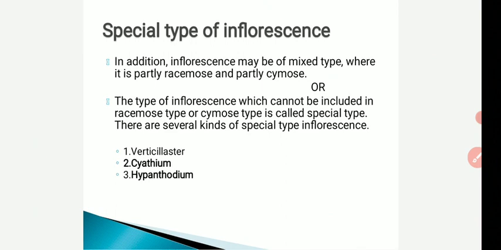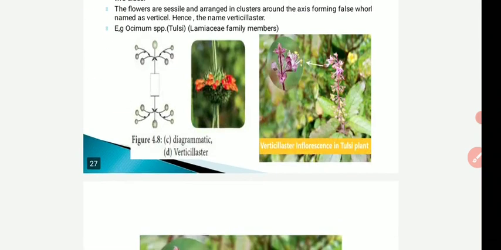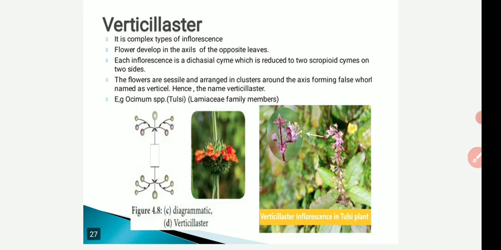First, we will discuss verticillaster. Now, verticillaster is a complex type of inflorescence. The inflorescence axis bears opposite leaves. The flowers develop in the axil of leaves, and each inflorescence is a dichasial cyme, which is reduced to two scorpioid cymes